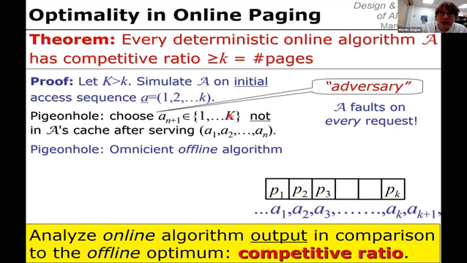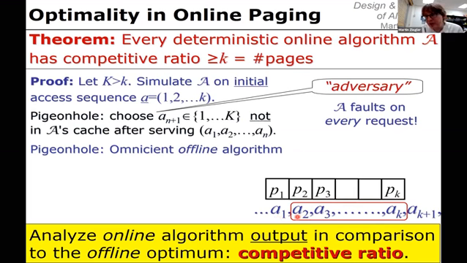And the offline algorithm being omniscient can look into the future and can make sure that when a page fault occurs here, right? So the current content of the cache here does not include page number A1, right? But the user program accesses page number A1, so a page fault occurs, and then an optimal offline algorithm will look